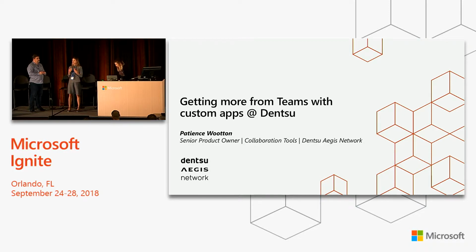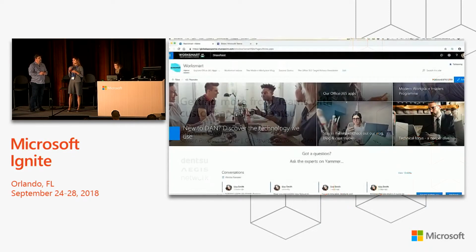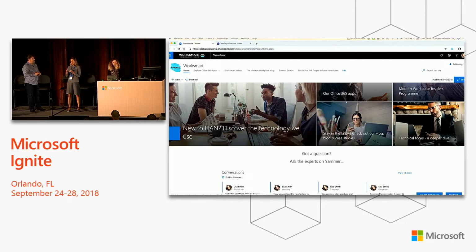So our team is responsible for the collaboration tools. What we need to do is share with you what tools we use, how to use them, and then where to access more information. So before we go on to the bots, let's talk about where we first built our information. We built it in a SharePoint communication site, and what you can see is a really visual UI UX.